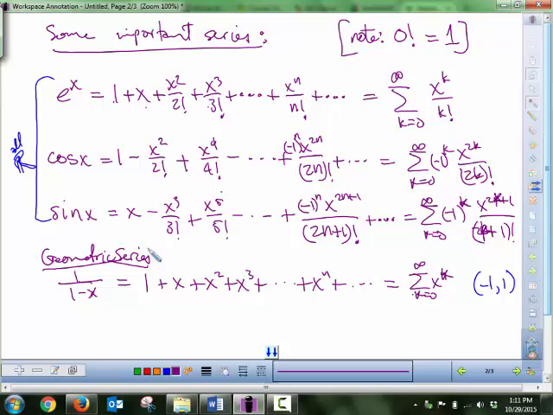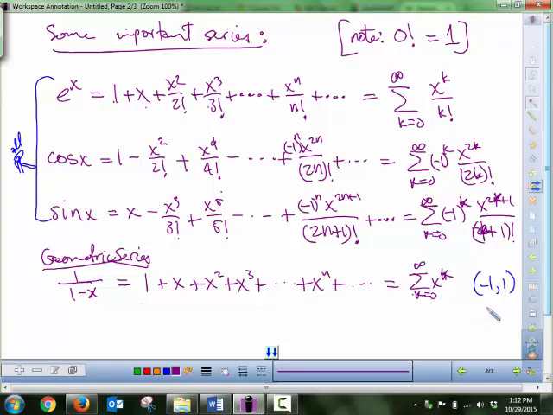If you remember how a series was done when you started studying series, one of the first things they talk about is the geometric series. They don't explicitly say radius of convergence, but this is centered around 0, and the radius of convergence goes between -1 and 1. If you put 1 in here, you get 0 in the denominator, so we know that's bad. But if you put -1 in here,